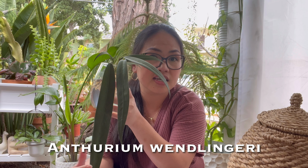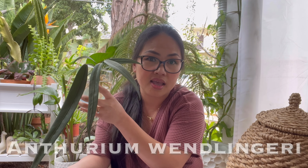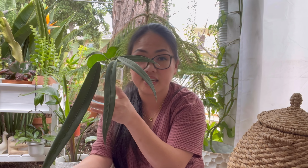Well, it's already the next day. I've been busy the past few hours with family and friends, so now I want to take care of this plant. This is actually the Anthurium that I received as part of my import from Ecuador, and it's been sitting in this water Super Thrive solution for more than 24 hours, but it's not exactly 2 days yet. Normally I would be repotting this the next day